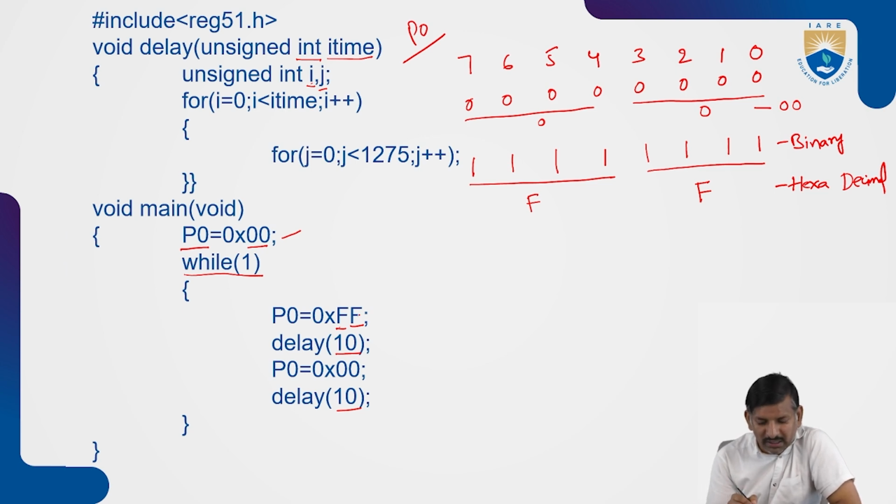Alternately, at a time 8 LEDs will be on, and they stay on for a 10 millisecond delay. After 10 milliseconds, all LEDs will be off again, and they stay off for 10 milliseconds. The same functionality will be repeated infinite times. Like this, I am interfacing these 8 LEDs with the